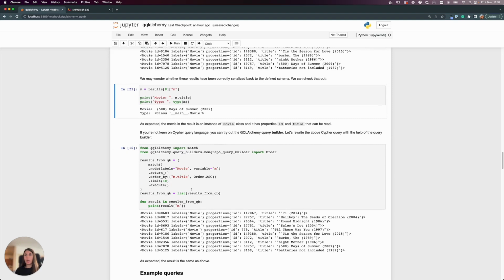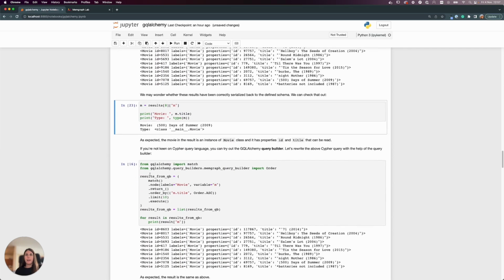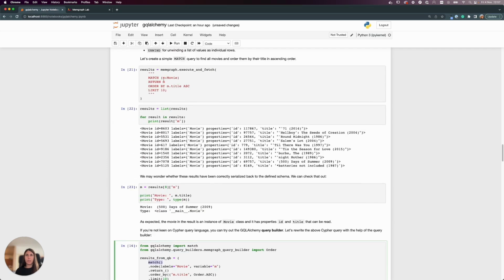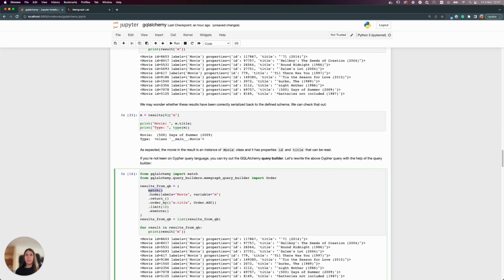Okay, let me show you now how to do this with Query Builder. I need to import a couple of things from GQL Alchemy in order to do this. Next, I'm doing all of this like above, but with clean Python code. I'm doing a match, and I'm returning the results. I'm ordering them by something, limiting the results, and in the end, I have to tell GQL Alchemy